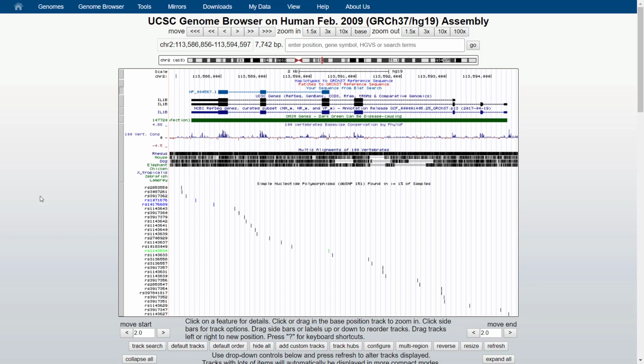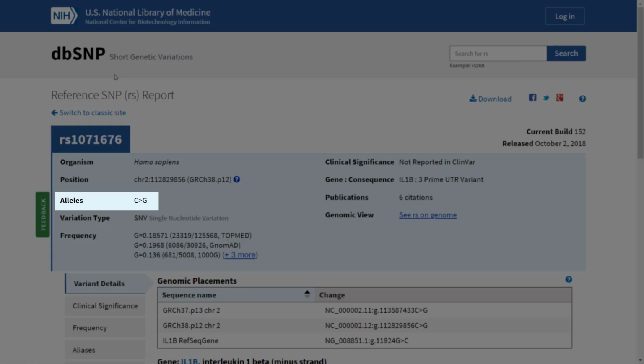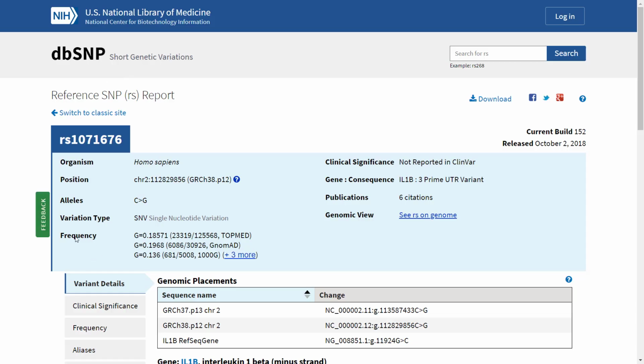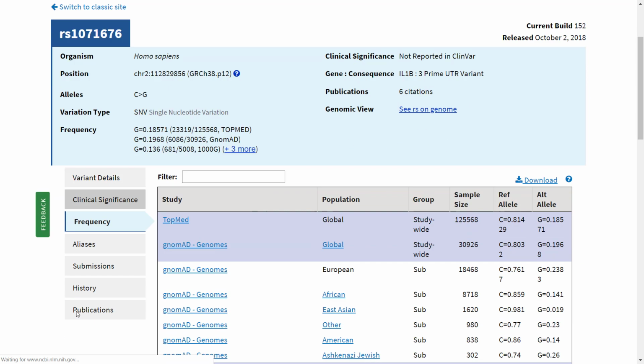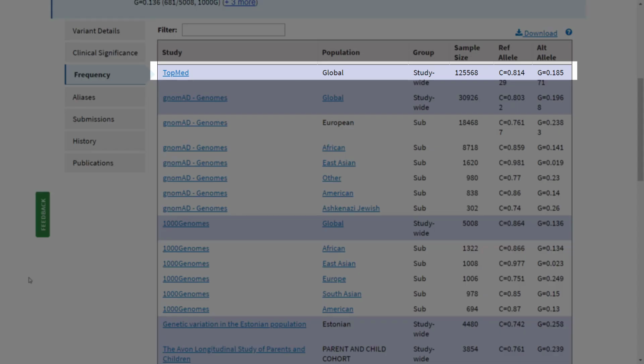Click on the first blue SNP that appears on the left to move to its data page. According to the color scale, in this gene there are no known variations with clinical significance. Click on the dbSNP accession number to open its dbSNP data page. You can see that in this mutation, the C nucleotide is changed to the G nucleotide. Clicking on the Frequencies link on the left will show the frequencies of the C and G nucleotides in different genomes. On average, C appears in 80% of the alleles.